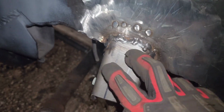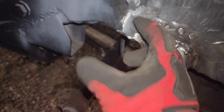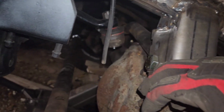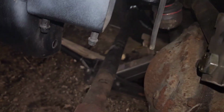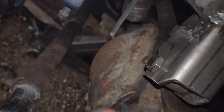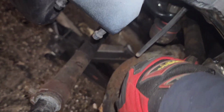But I basically took the bracket that I had welded up here. I think I did show that on video, I'm not sure, but it was at an angle, like way over here. And what was happening was this track bar, since I had it at an angle and I had it at the lowest position because that was what matched the highest position on the axle side bracket, and for it to be parallel with the steering arm or drag link. And what happened was it was too low, and this axle, even with the tube bent like this